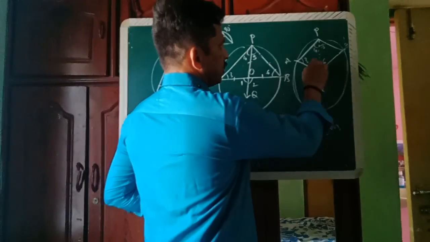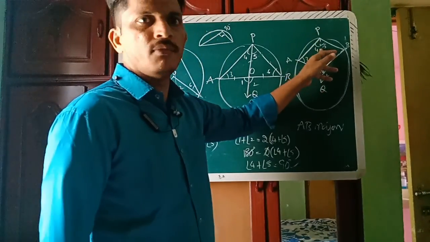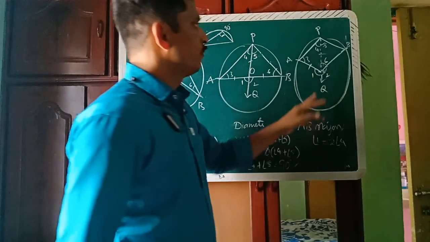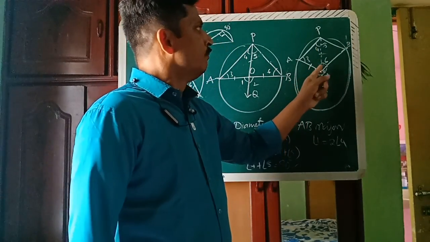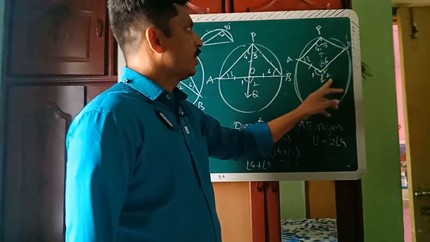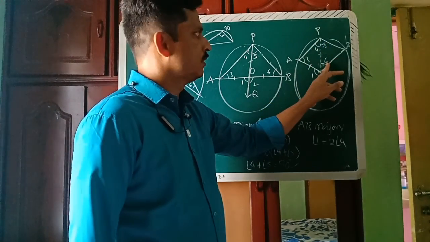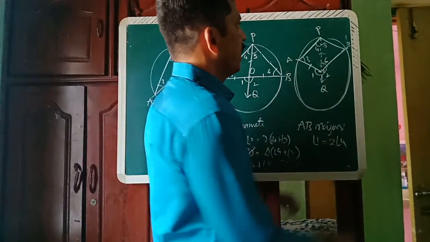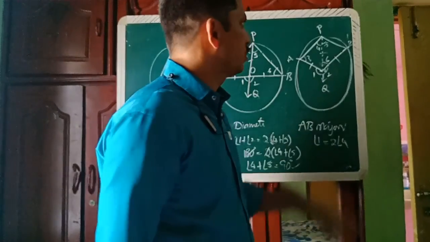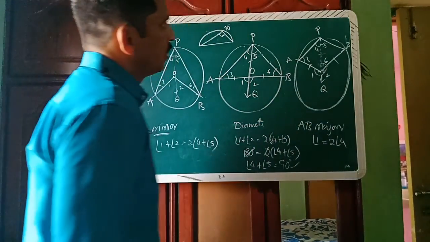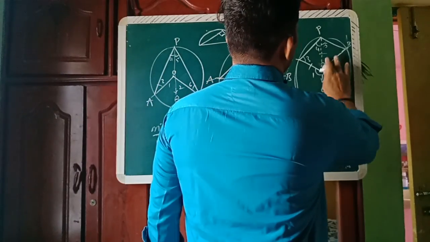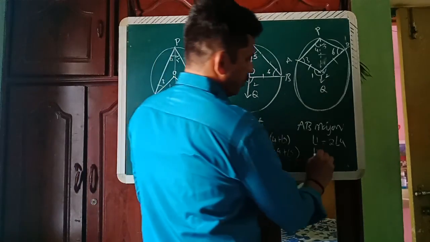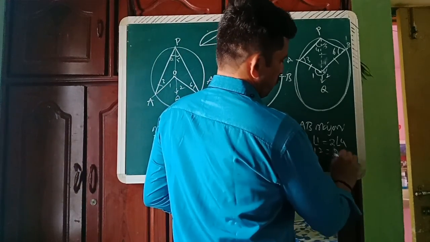And these two are radius. So you will get angle 3 is equal to angle 4. So angle 1 is equal to 2 times angle 4. And take one more triangle, OPB. Angle 2 is equal to angle 5 plus angle 6, and angle 5 and angle 6 are both base angles in an isosceles triangle. So base angles are equal. So you will get angle 2 is equal to 2 times angle 5.